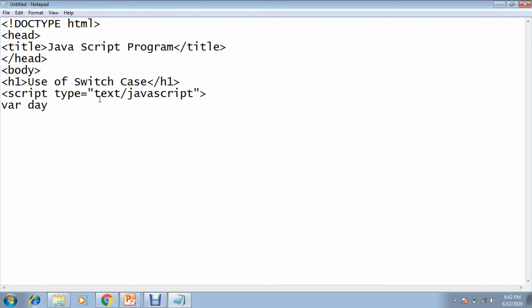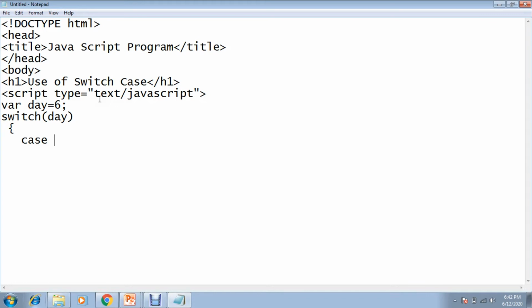Day is the variable name, and 6 is the value of the variable. So we are going to use switch. The variable name is day, and that will be the integer. Now I am going to use switch. After that, you have to use curly braces as per the syntax.